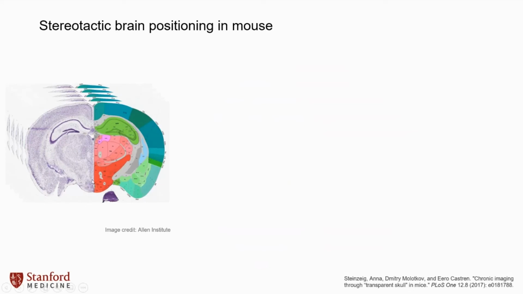So really briefly, what is stereotactic brain positioning in mouse? I bet everybody already knows, so I'll be really brief. The one advantage of the mouse is that the brain is extremely well characterized, and it's hardly ever different. So it's not like a human where some people have really big skulls and really different brains and some very small. All of these mice look pretty much the same. So if you know where you are on the skull, you can basically point your beam and have pretty good confidence that you're hitting some region that you're trying to target.